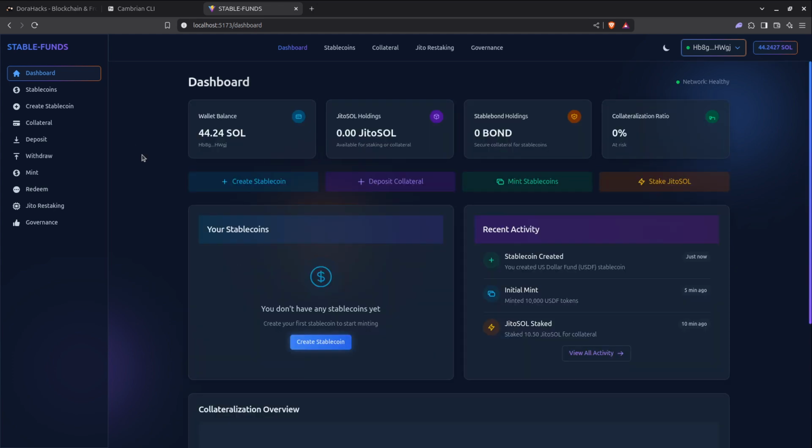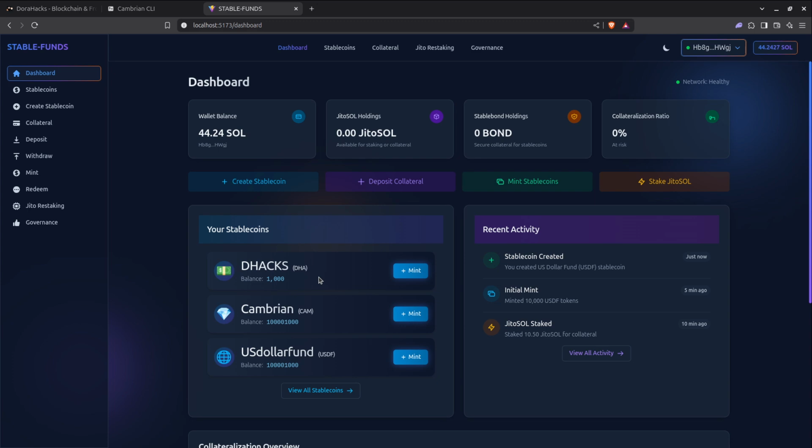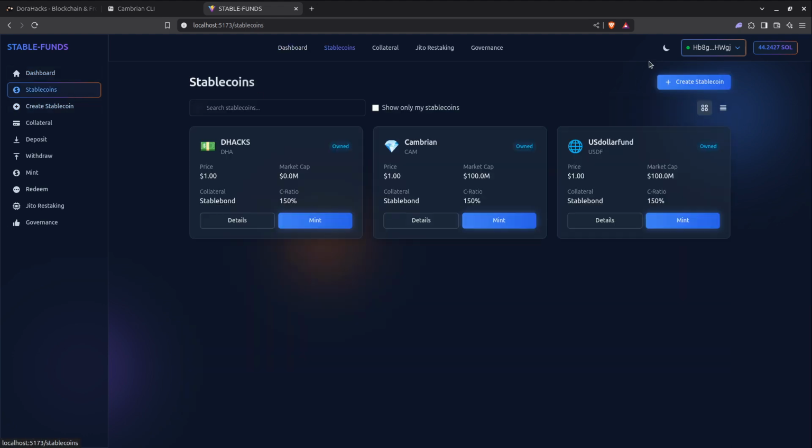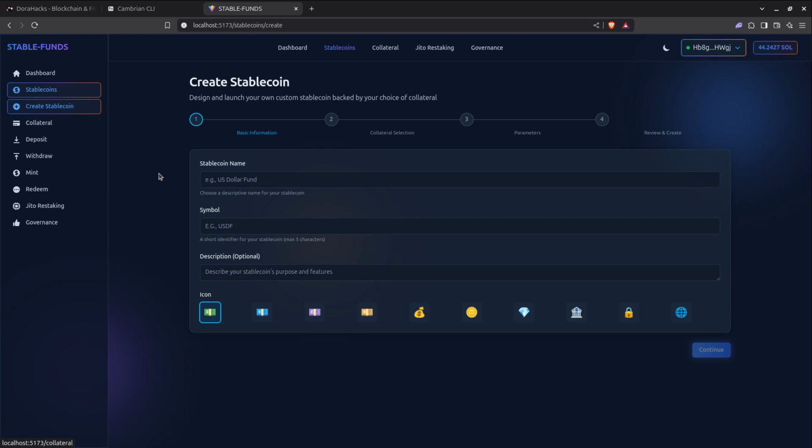To create a stablecoin, we already have these stablecoins that I created initially, but to create a stablecoin, you can either click on create stablecoin, or you can come to the stablecoins page and also click on create stablecoin, or you can just come to the create stablecoin page. So for example, I can create a stablecoin. Let's give it a name, for example, Mexican gold stablecoin, and then I can give it the symbol MGX,